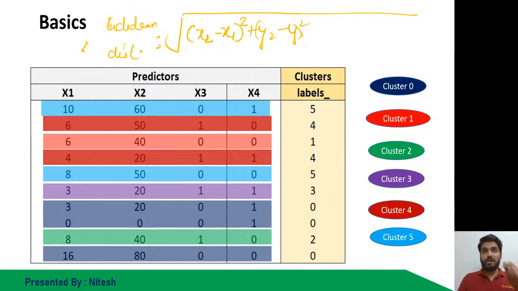But here I have 4 points, x1, x2, x3 and x4. So we can have others also, like (z2 minus z1) whole square plus (m2 minus m1) whole square. After squaring them, you have to add the values and take the square root of the whole thing. That is the formula for Euclidean distance.